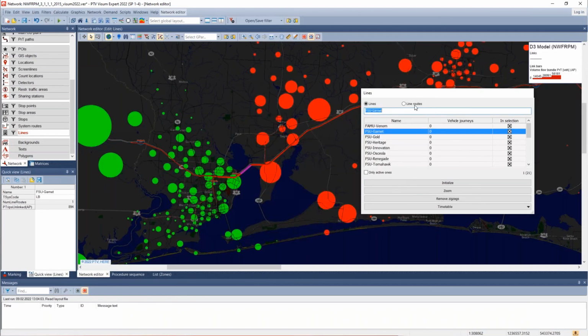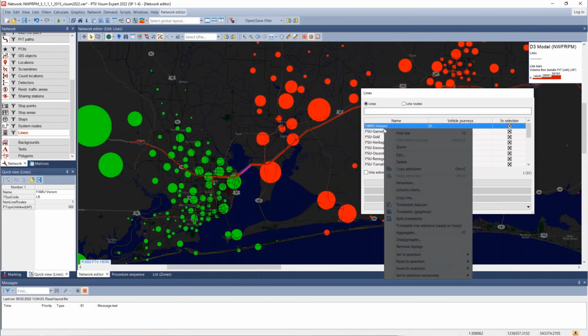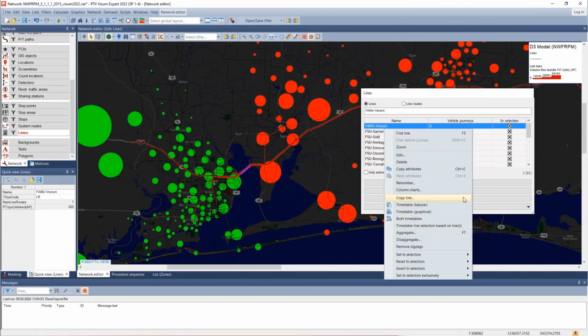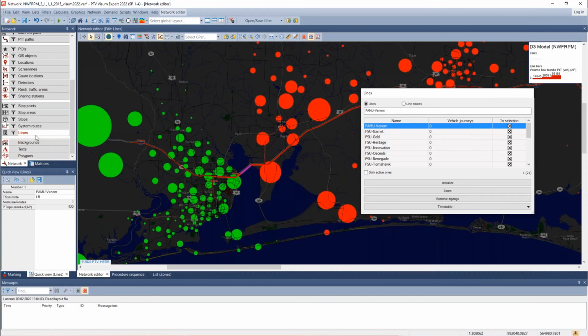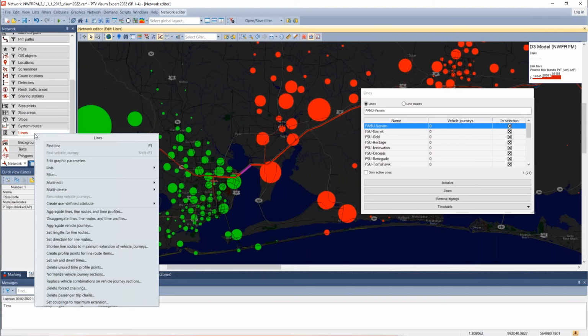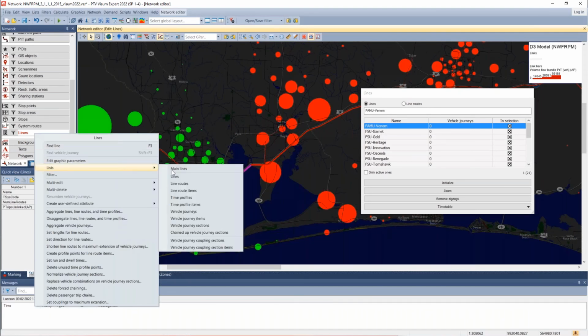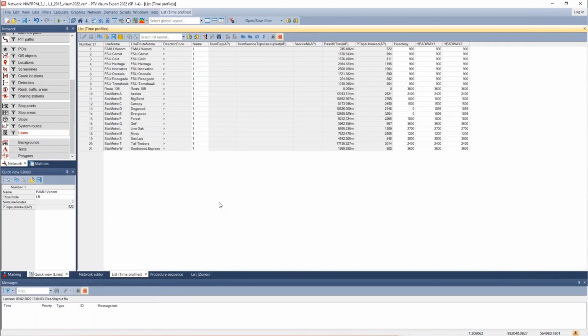So now here, if you right click, and then, sorry, not here. Right click on the lines tab in the network, under network, and bring up the time profile listing. So these are the aggregate time profiles. This is where we enter the headways for the different lines. And the dwell times are set. They can be set by a formula editor as well. But the dwell times in this case can be set again on those time profile items by double clicking a